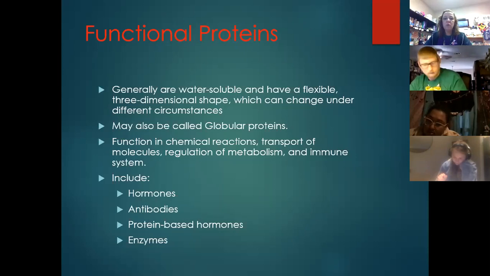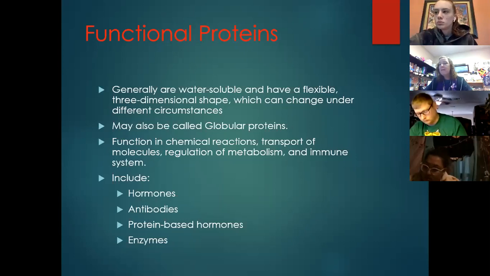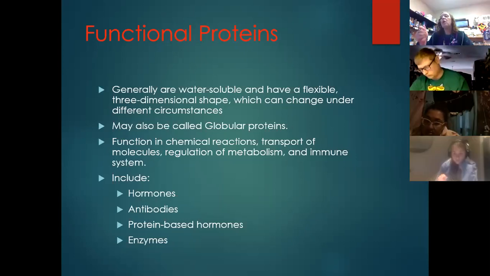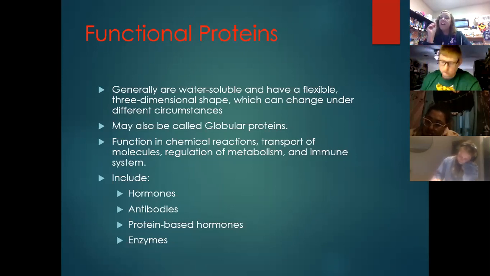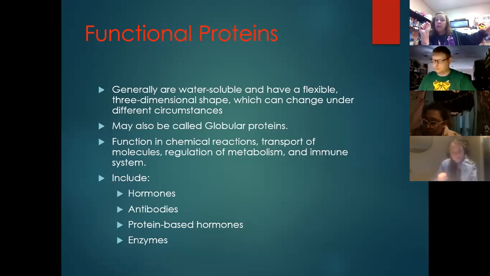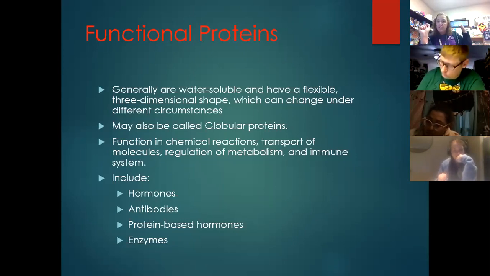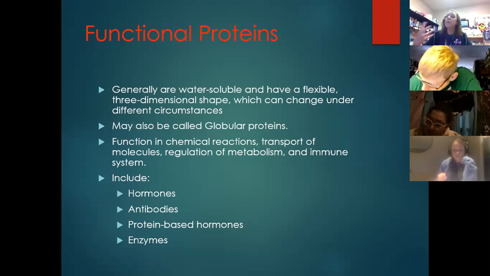Then you have your protein-based hormones. I am not going to ask you the difference, just know that there are. And then we have enzymes. And remember, enzymes we compared to a lock and a key, where they are turning things on and off. They are the light switches of the body, and they are very specific. For example, the light switch here in my office only works the lights in my office. I can't flick that switch and turn anything else on or off. That's the same thing that's happening with these enzymes in your body. They are very, very specific for the thing that they turn on and off.